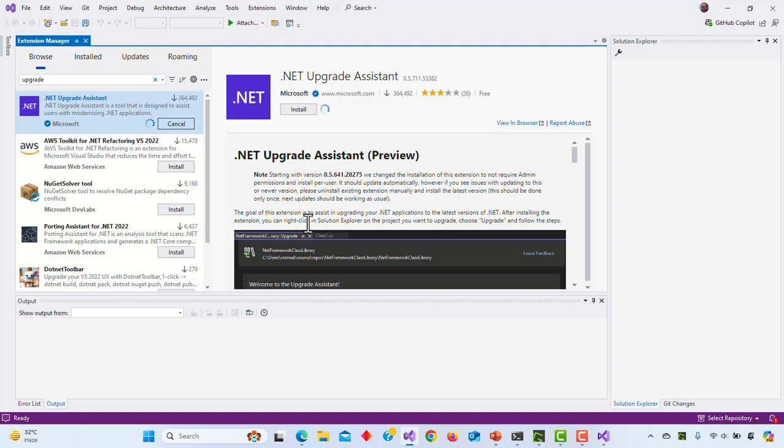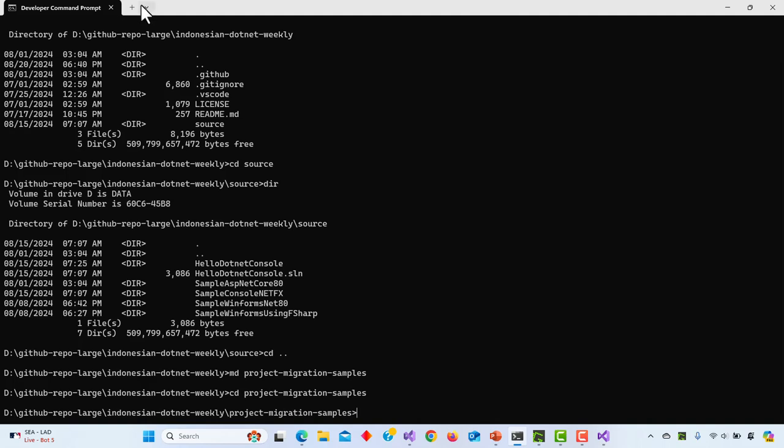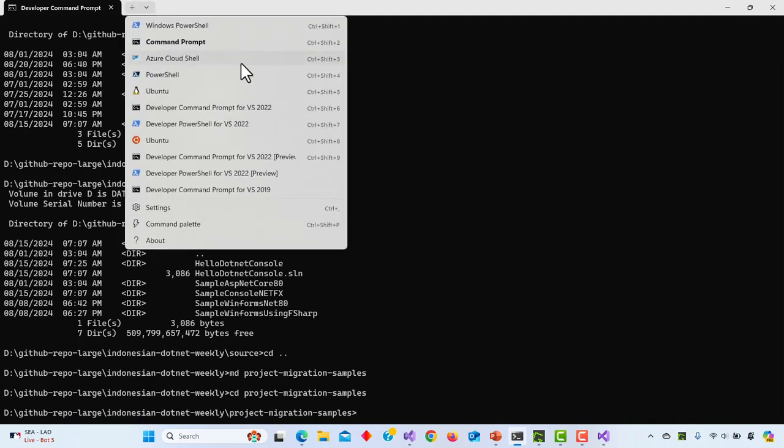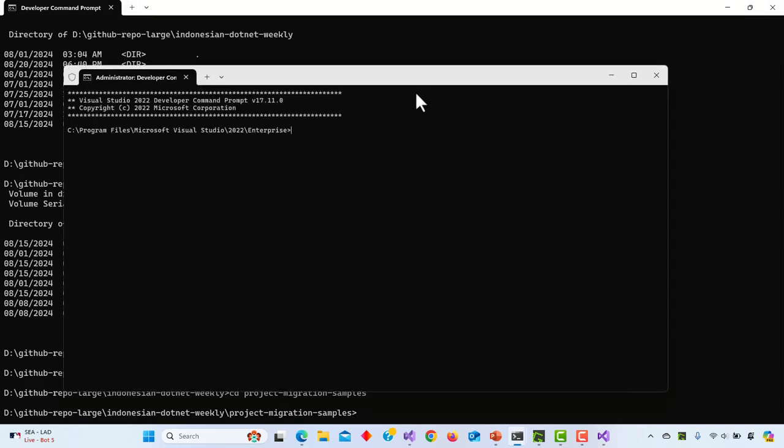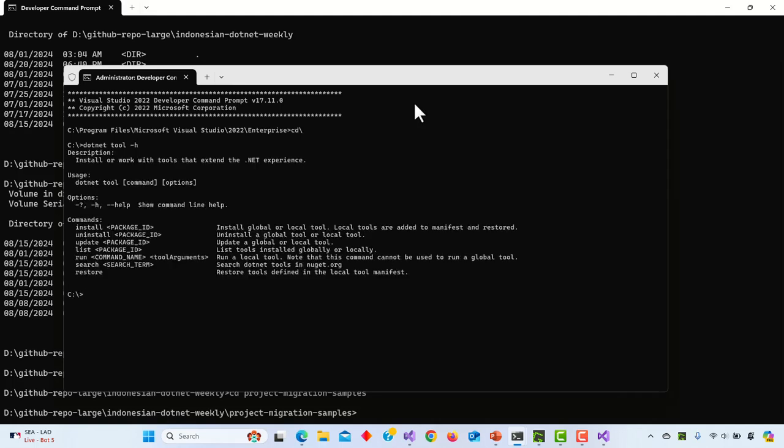Okay, while we are waiting for this to complete, we can also try to run the CLI, of course, as I have mentioned last week. Okay, I will open a new developer command prompt again. This time, yeah, it's in administrator. So .NET tool. Where's the available command for this one? .NET tool list and supply dash G for global tools available. We have here